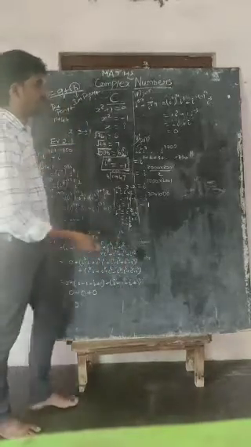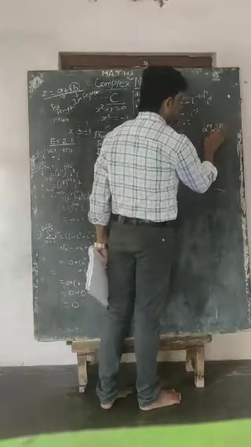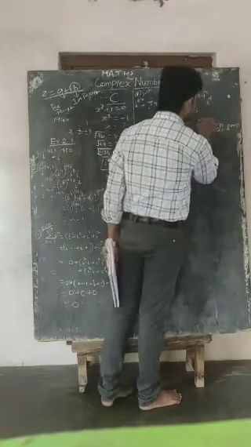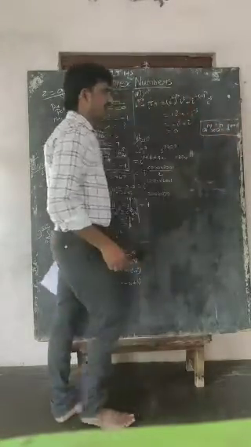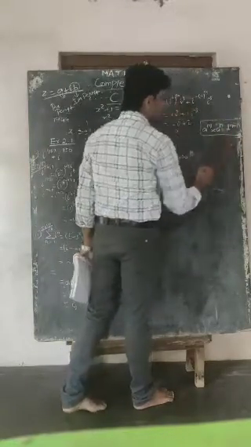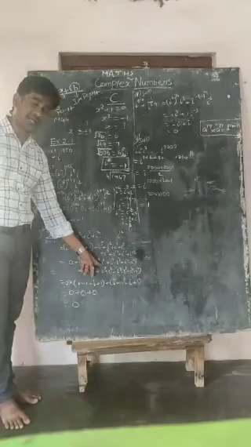So we know the rule for that. Before that we have to study in our lower classes. A power m into a power n is right like that, a power m plus n. This is the formula we have to study in our lower classes. Very simple formula. When the base is equal, we can add the powers. You have to just see here I power 4 into I power 2.